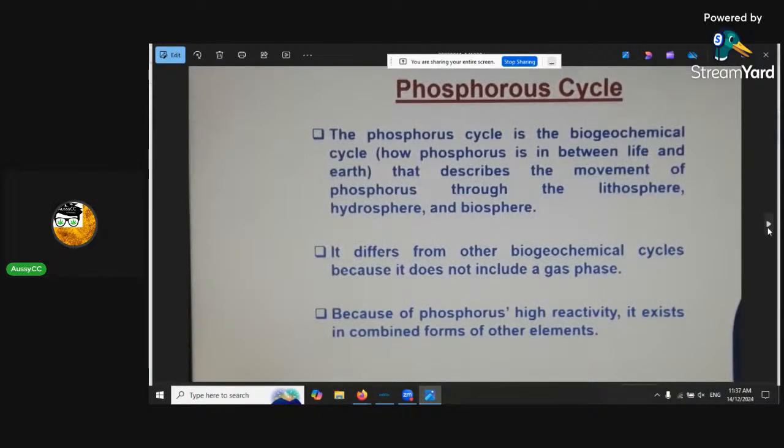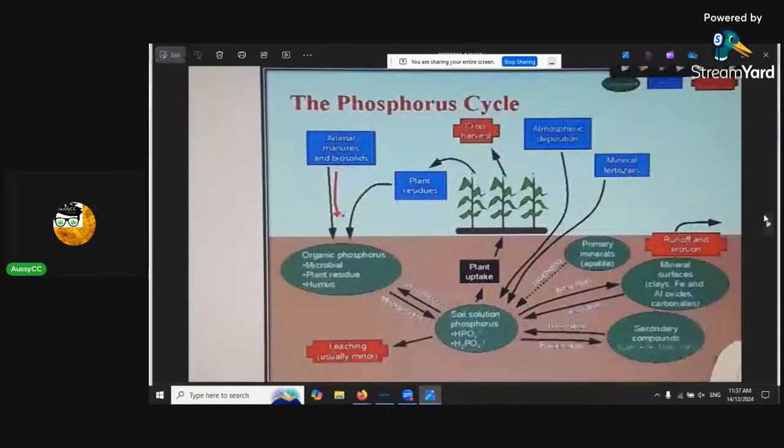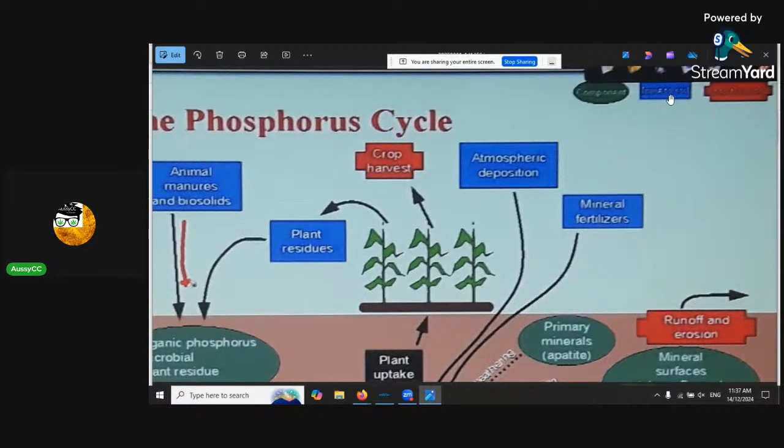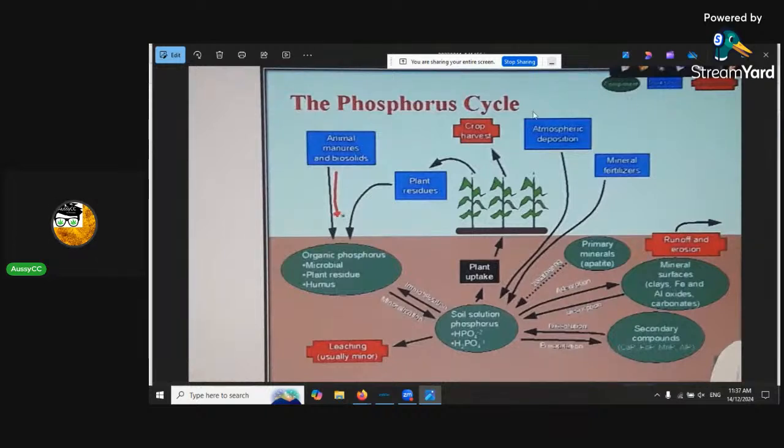Phosphorus cycle. I'm not really going to go through that because this course goes into extreme in-depth. So this is the phosphorus cycle, how it goes. It cycles. How does it break down? Where does it come from? Is it immobilized or mineralized? Because microbes have already unlocked the immobilized phosphorus. I won't go through all that. You can see it's quite detailed, and up the top are the components. Oh, sorry, I can't even read that. I'll keep going because there's a lot more that is relevant.